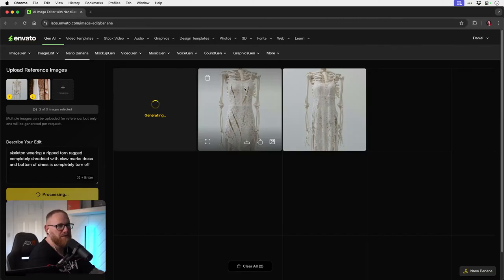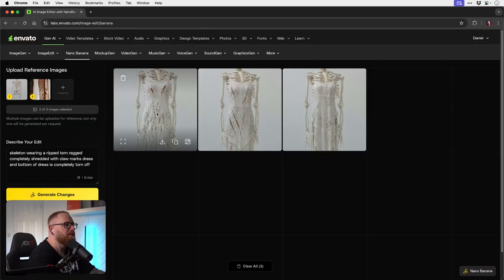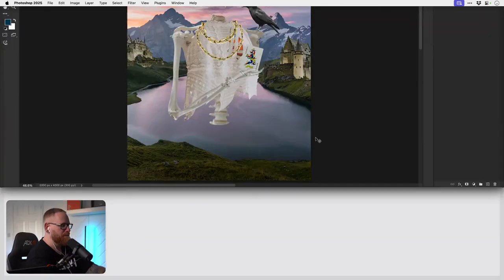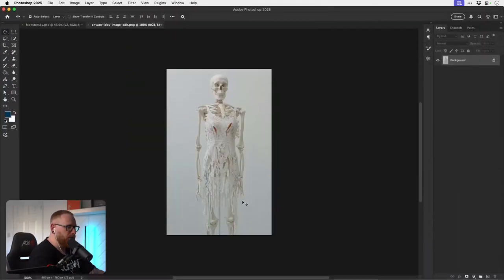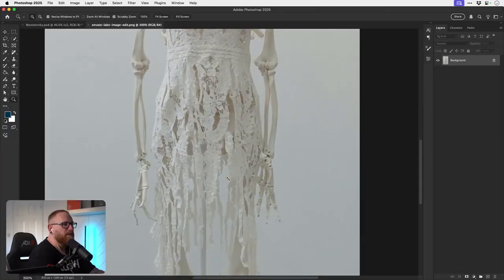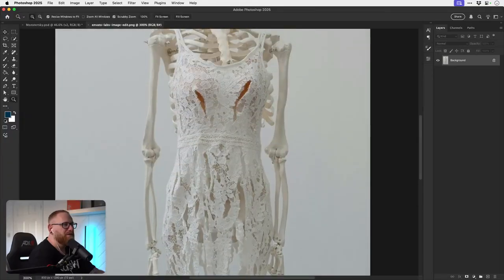But this is really good to see how the tear marks could look. That's better. That's more like it. So let's download that. Yeah, that's really cool as a reference.